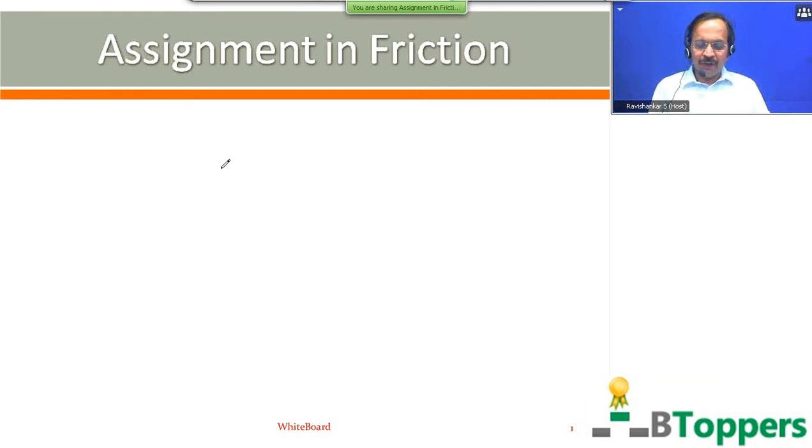So next I am going to show you the assignment in friction. That means I am going to show you a number of multiple choice questions in friction here. I am not going to discuss the solutions of these questions in this class. In this class, and probably even in my next class, I'll be just showing these questions one by one